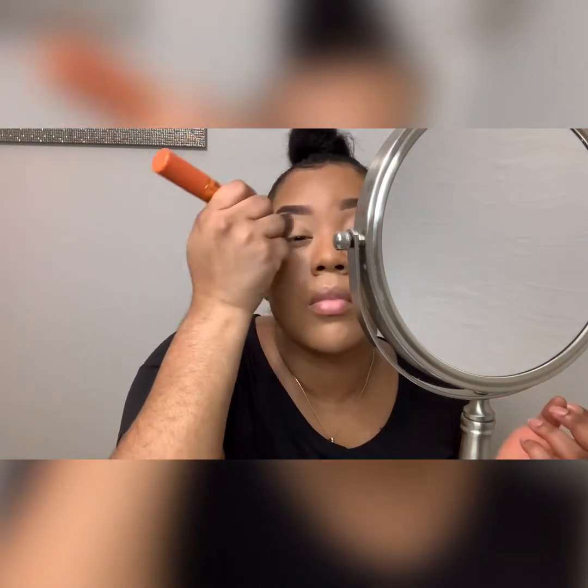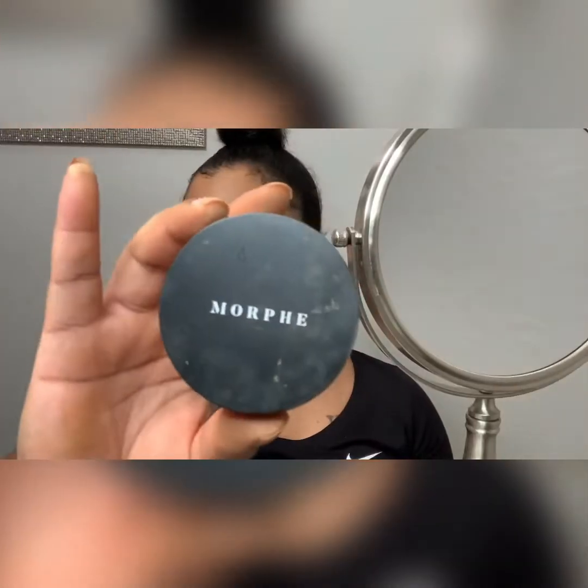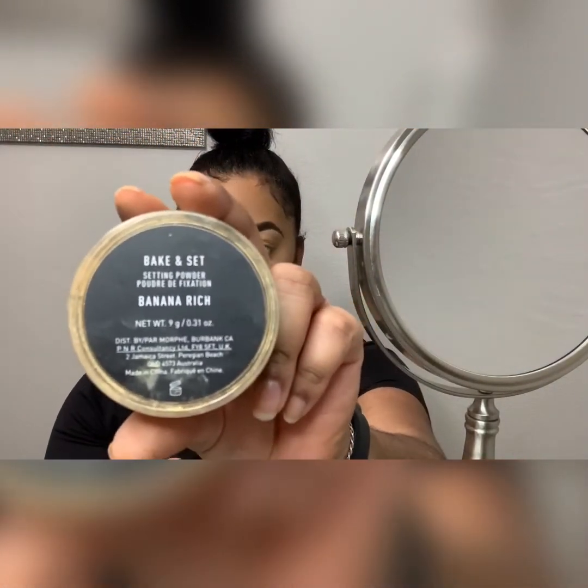Now you don't want to go in there too rough to the point where you're wasting your time because you're taking all your product off. But make sure you're blending very well. Then next,